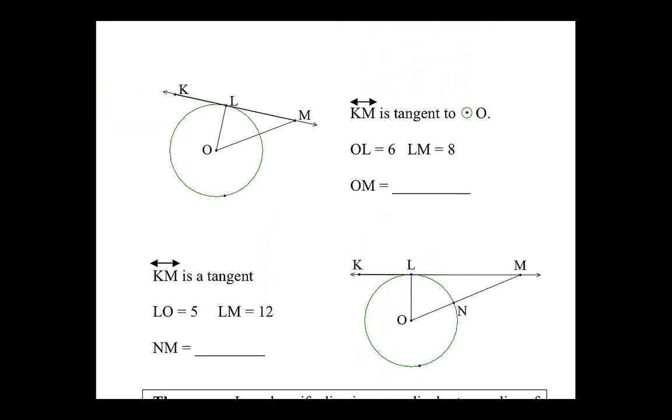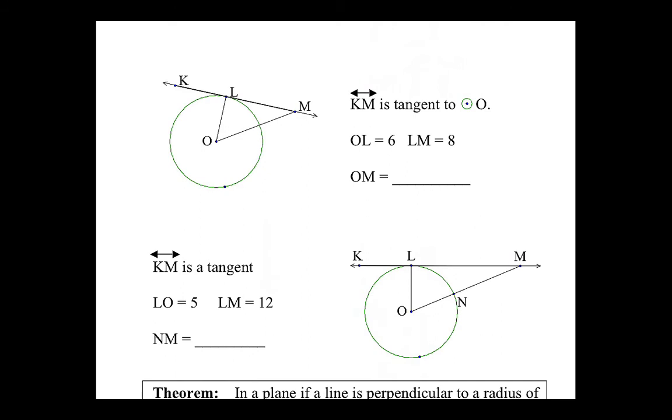So let's see if we can use this. KM is tangent to circle O. So right away I notice that radius OL has to be perpendicular to that because of this last theorem. If OL is 6 and LM is 8, this is a 6, 8, 10 Pythagorean triple, so from point O to point M out here has to be a measurement of 10. That would be impossible if I didn't realize that the radius is always perpendicular to that